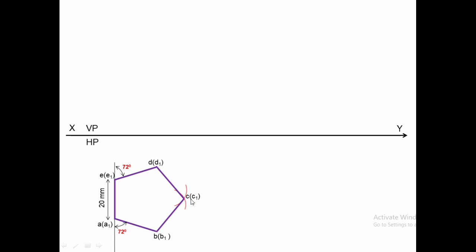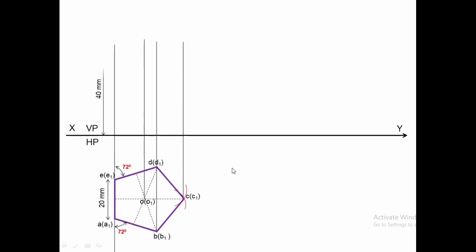C is the corner on which the prism will be resting. We are keeping this to the right hand side. This is the initial position of a pentagonal prism for the corner position. Now draw the medians, get the axis O1. So once you get the axis, this completes the top view in the initial position. Draw the projectors to get the elevation. As I said earlier, you will be observing it always from the front side. The naming is very important.